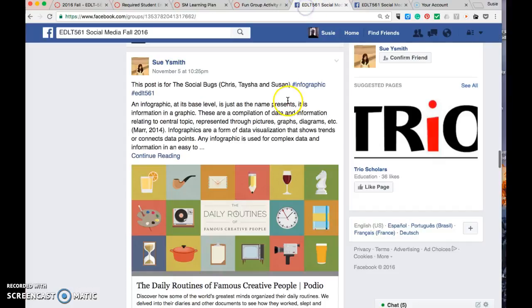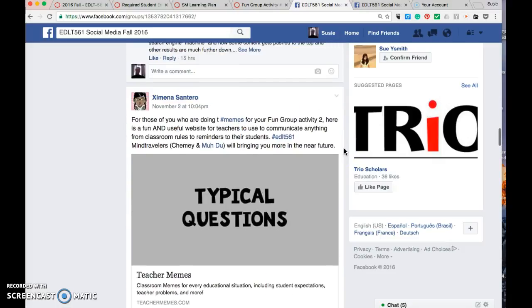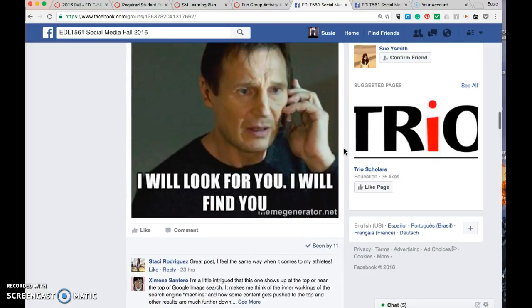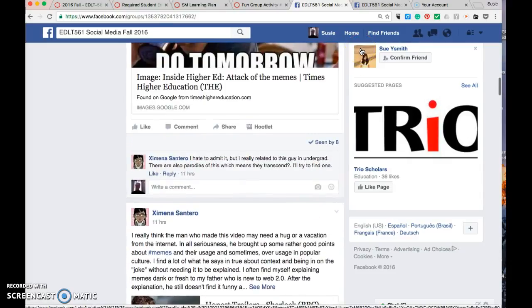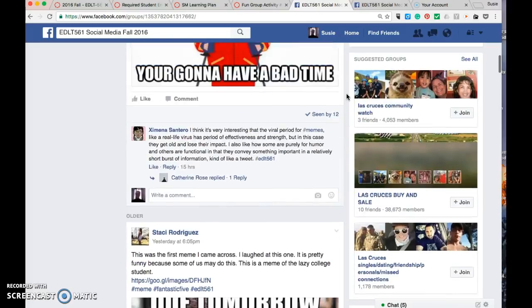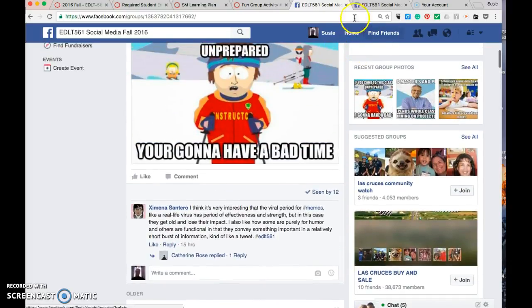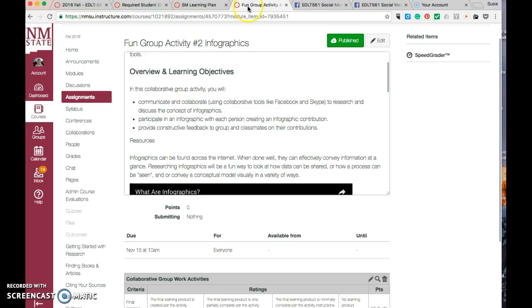So those directions are there. Please spend some time looking at them so that when you do your individual and group components of this activity, you'll cover all your bases per the rubric. And hopefully you'll have some fun doing that as well, looking at other people's memes, such as this one, which of course is a great play on words. So thank you for contributing that, Stacy. And then people are commenting, so that is part of the directions for this activity.